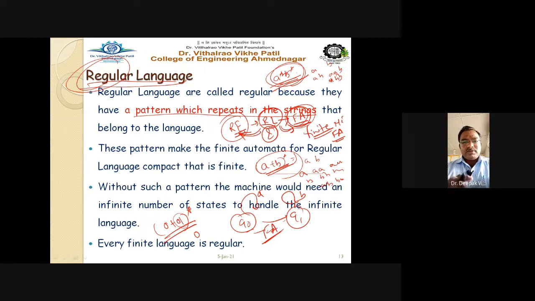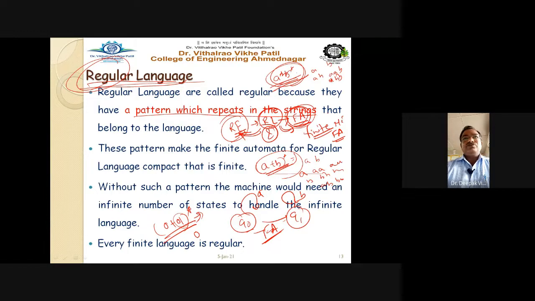We have already seen a lot of examples on regular expressions and defining their languages. We find that there is a proper sequence, or a proper method, to write the language which is defined by your regular expression. And once you define the language, it is easy to draw the automata for that language. So everything is finite, everything is regular. That's why it is called the regular language: the language defined by the expression and the automata.